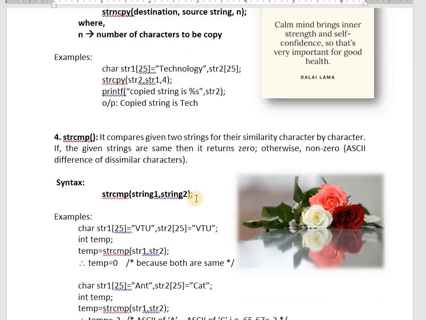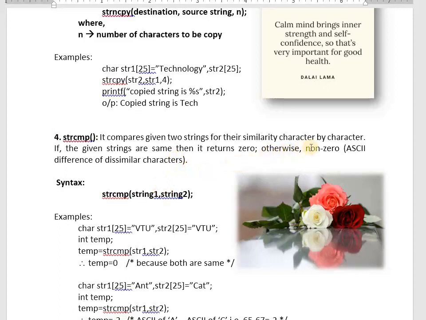strcmp. strcmp also shall I explain now only? Okay, I explain. strcmp is really very important one. It compares two strings for their similarity, whether both the strings are same or not. If both the strings are same, it gives 0. Understood? If both the strings are same, it gives 0. Both the strings are not same, it will not give 0. It gives non-zero.